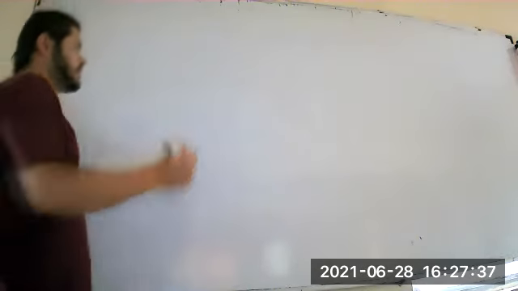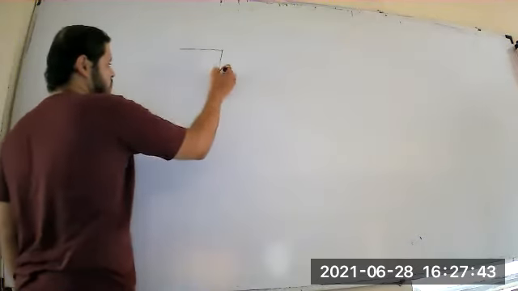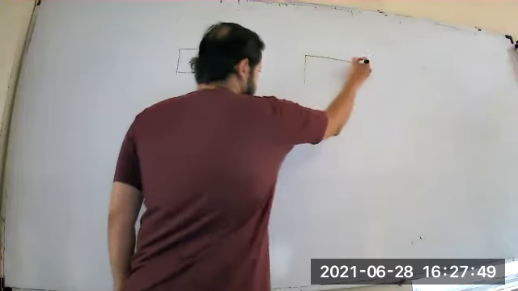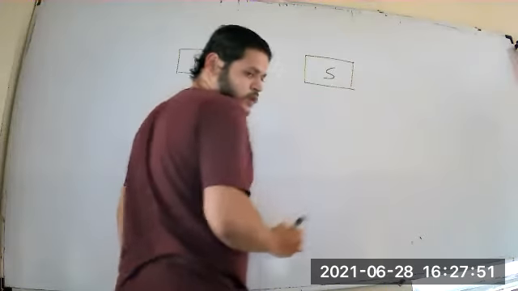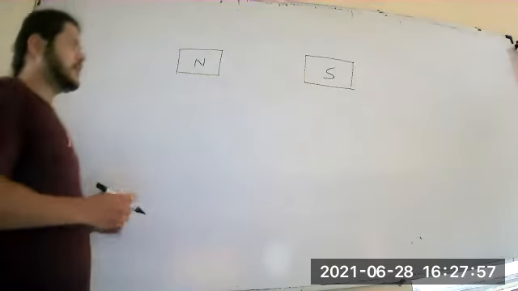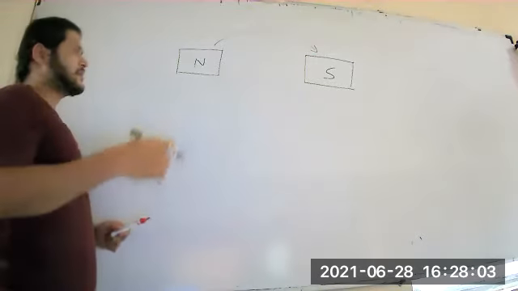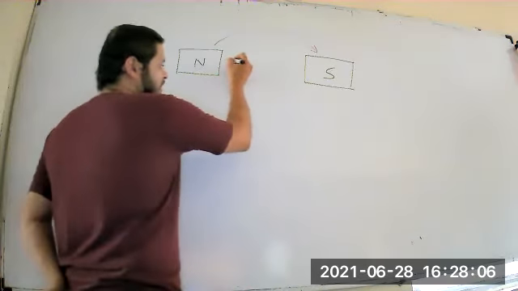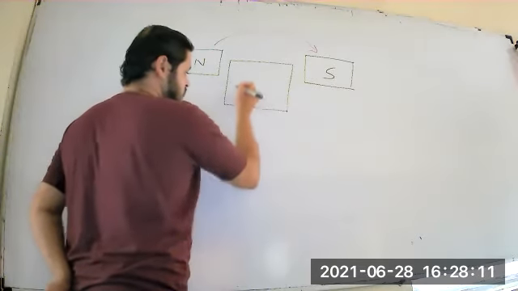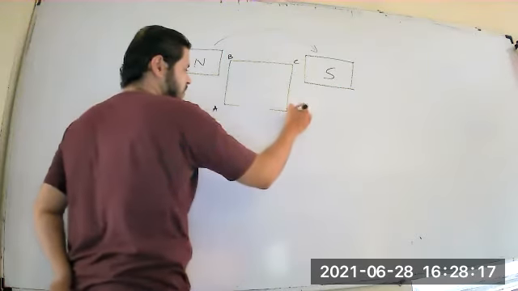So an electric motor, basically we will start with two poles of the magnet. Suppose this is the north pole and here it is the south pole. Okay, so we have two poles of a magnet, but obviously the magnetic field will be from north pole to south pole. Then what we will do is we will take a rectangular coil and we will label it as A, B, C, D.